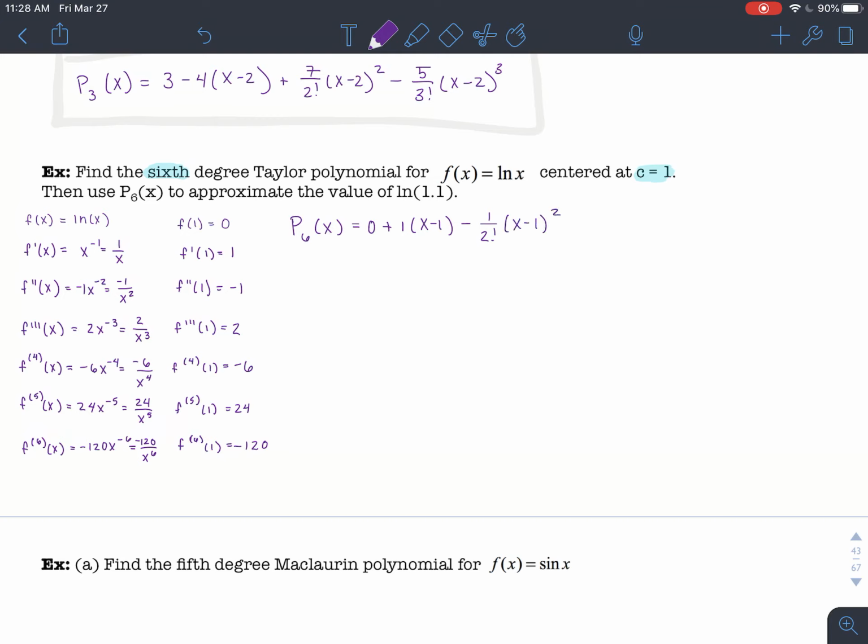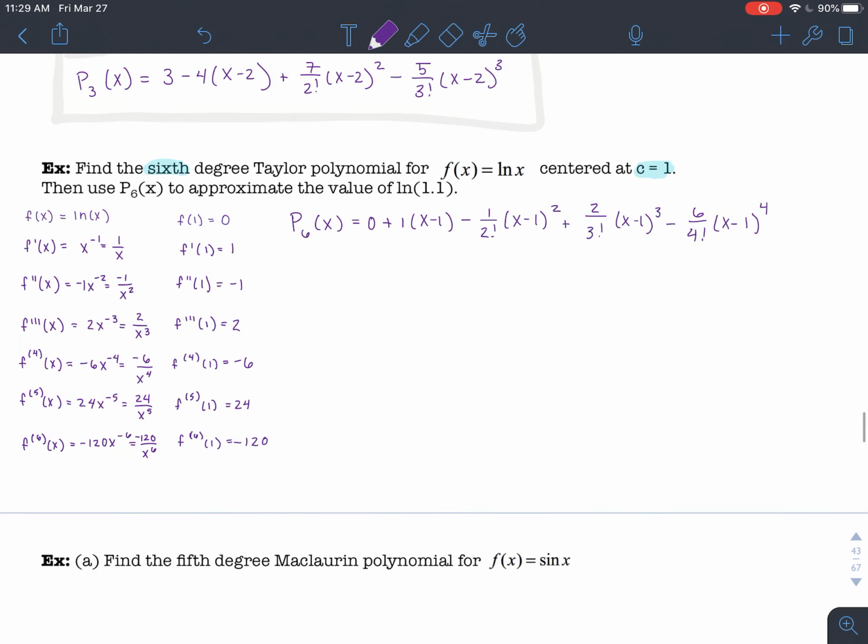So I'm going to put negative 1 over 2 factorial times x minus 1 squared, plus our third derivative, so 2 over 3 factorial times x minus 1 cubed. And then our fourth degree term is going to be minus 6 over 4 factorial times x minus 1